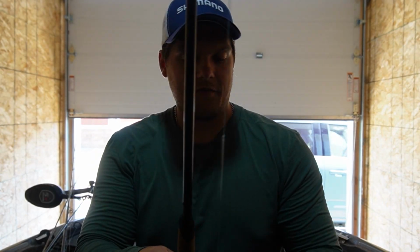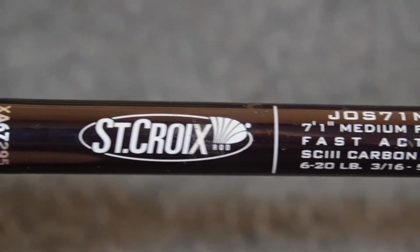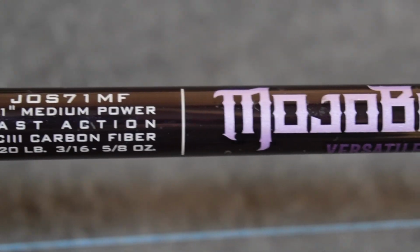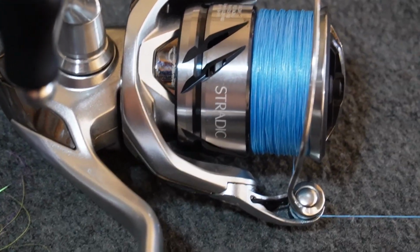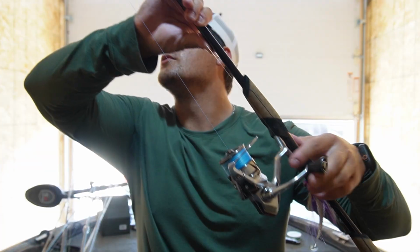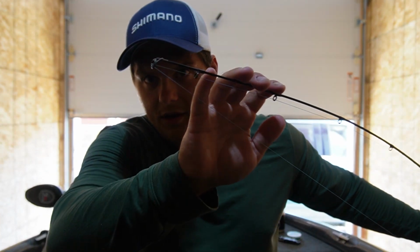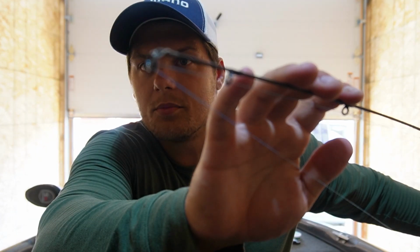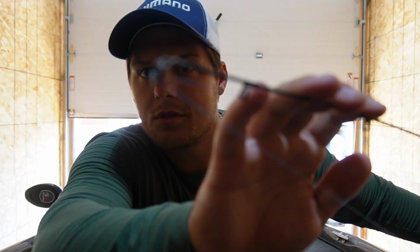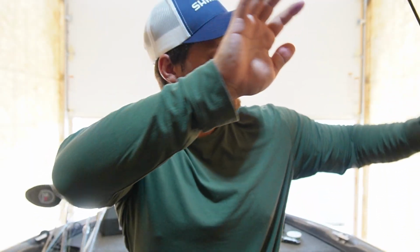So the first one that I'm starting off with is my St. Croix Mojo Bass 7.1 medium power paired with a Shimano Stradic 2500 HG. And this is really my multi-purpose. So if you look here at the tip, you can see I actually broke this one and I had to replace it. So it's a little stiffer than I would normally want it to be. Oh, we almost got it in film. There it is. There we go. A little bit stiffer than I would want it to be,